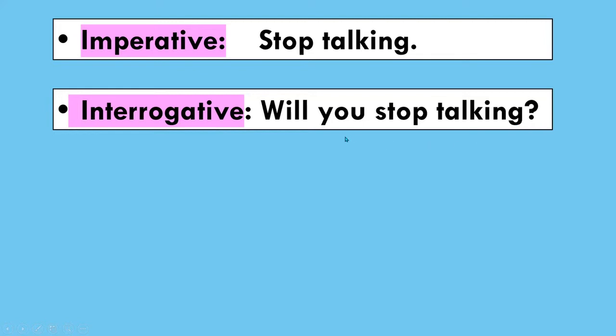So how we have converted, what things we have followed? So we have followed the structure. First of all, will you we have used. Will is the verb, you subject, and stop again verb, at the end question mark. Okay, so we have to use the subject you, because here it is not given but it is understood that it is told to the fellow, the other person who is before us.